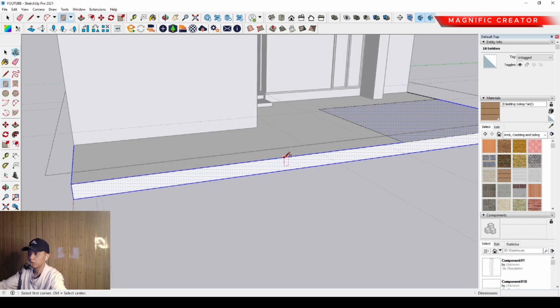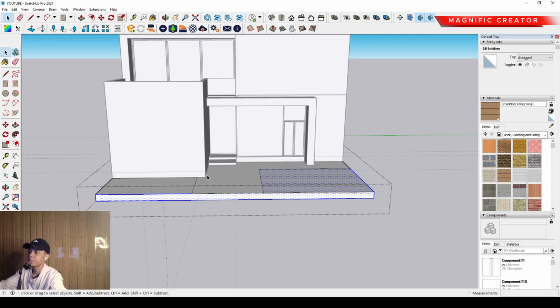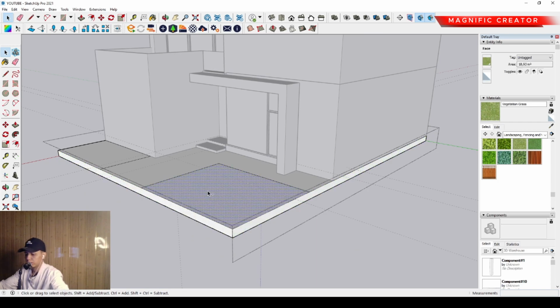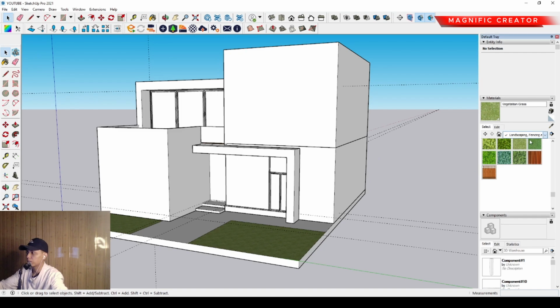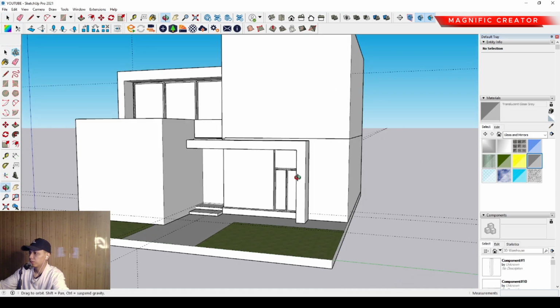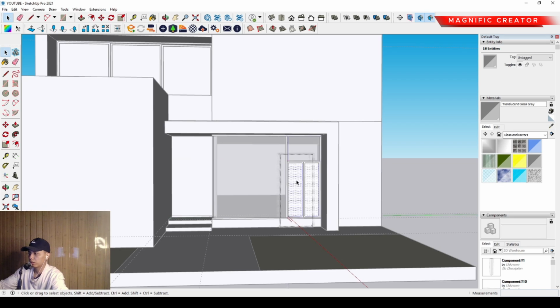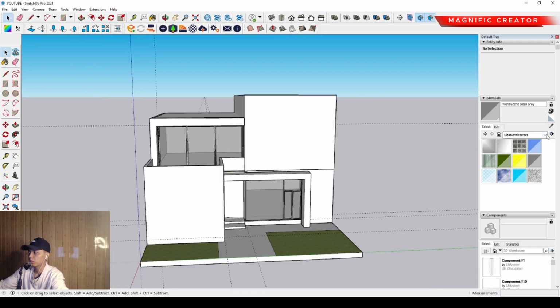Sorry, it's getting complicated. Okay, so this is about the landscape element, so you can follow it. And now we can set the landscape element first for this area only. Then we can set the glass material on this position. We can use this glass material, and this is also. So then we can set the